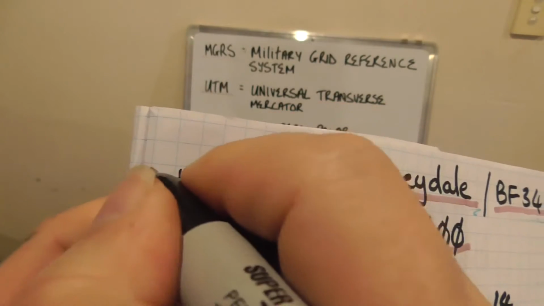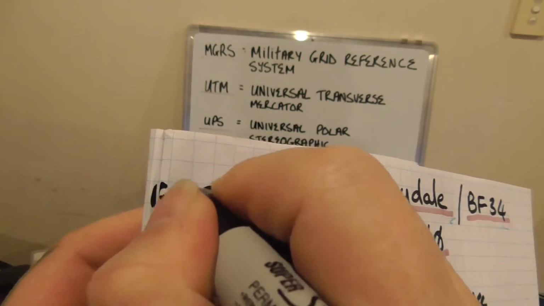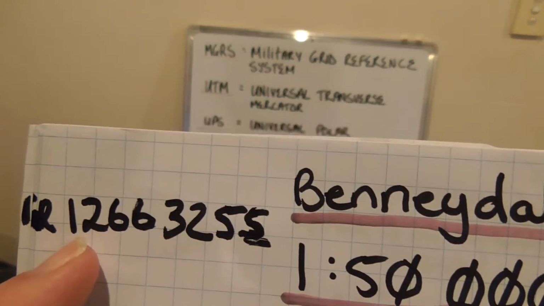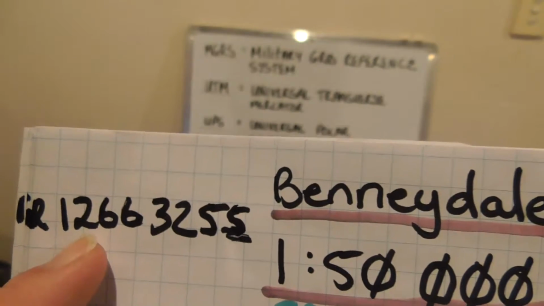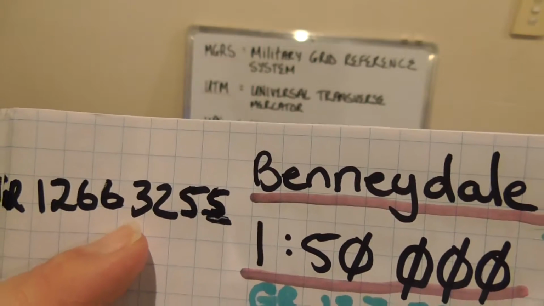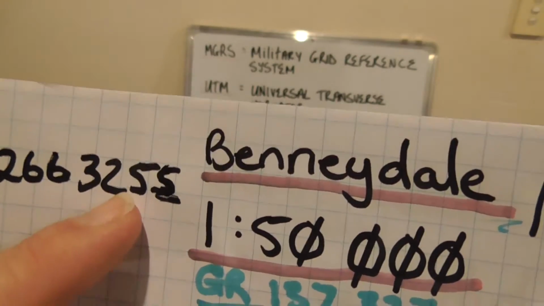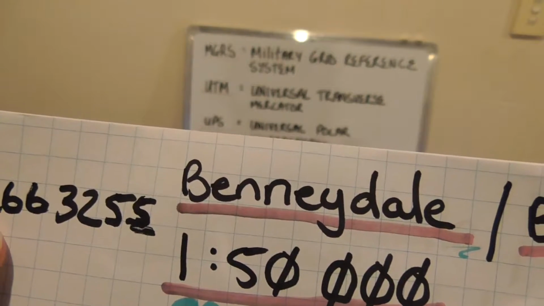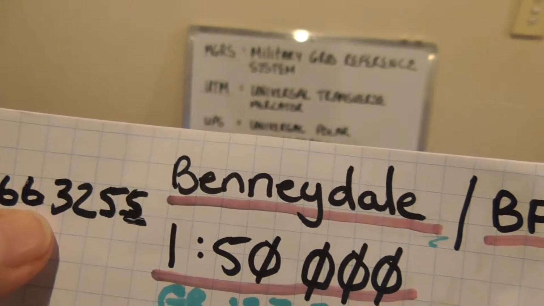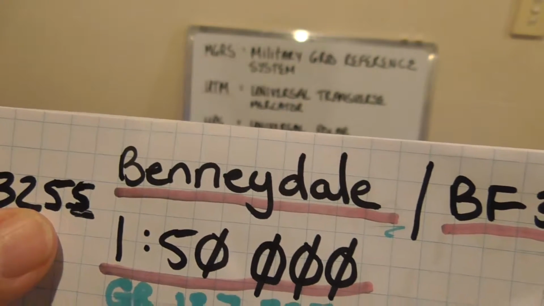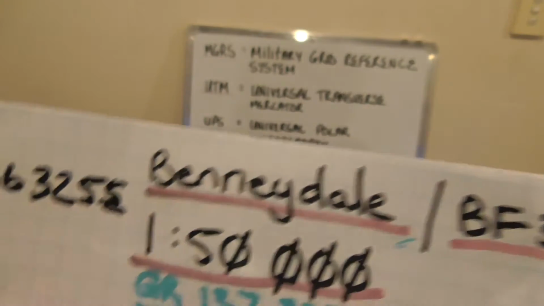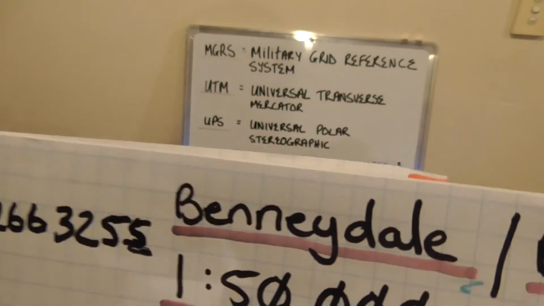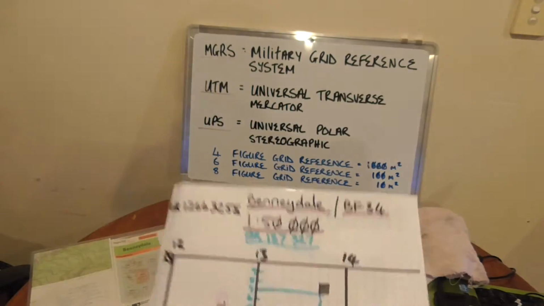So our grid reference, GR, would be grid reference 1, 2, 6, 6, 3, 2, 5, 5. Grid reference 1, 2, 6, 6, 3, 2, 5, 5. However you want to say it, so it's easier for them to understand. So that's how we do